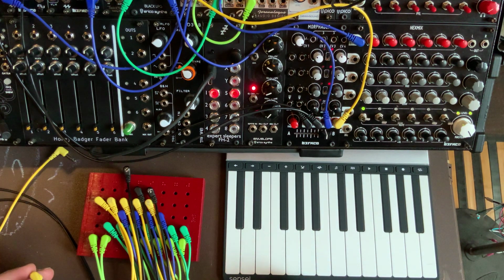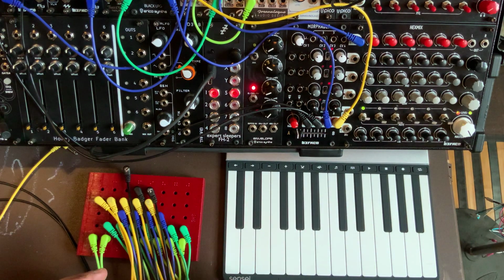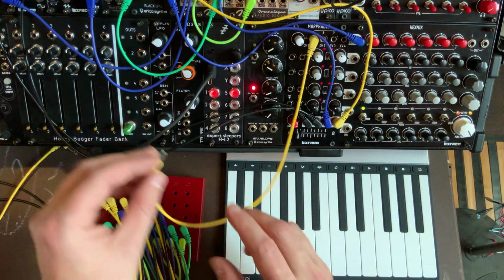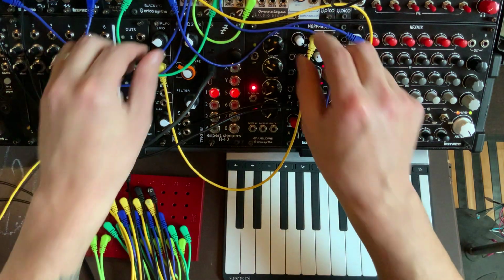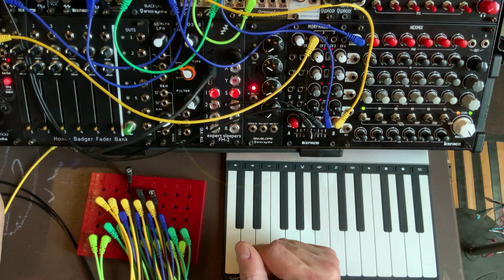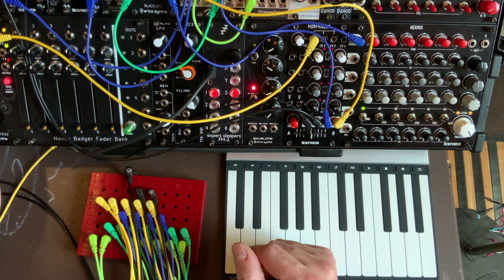Sounds kind of like a siren, doesn't it? Kind of factory alert, like red alert, red alert. And I can use the CV too, so I can make this rhythmic if I want to, and then it'll really be like a siren. Have the crossfader in the middle. Yeah, because this offsets the whole thing. So if you want to use CV with the full range,